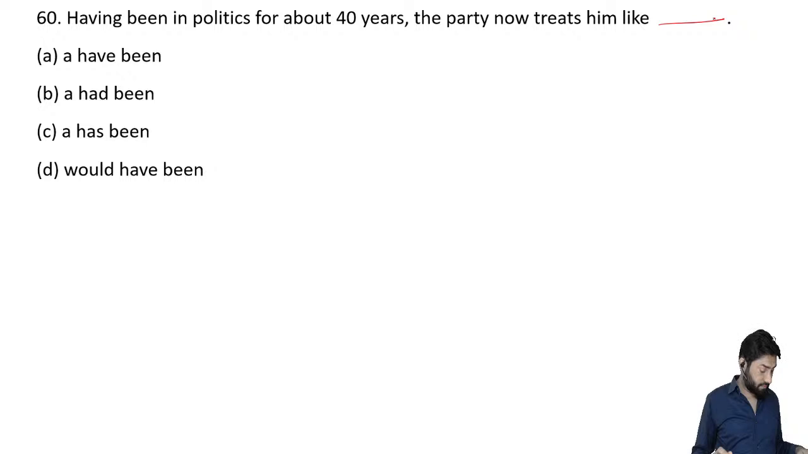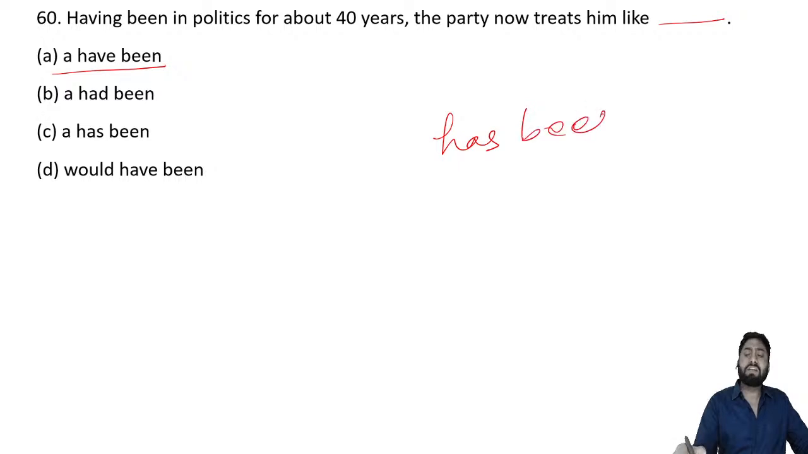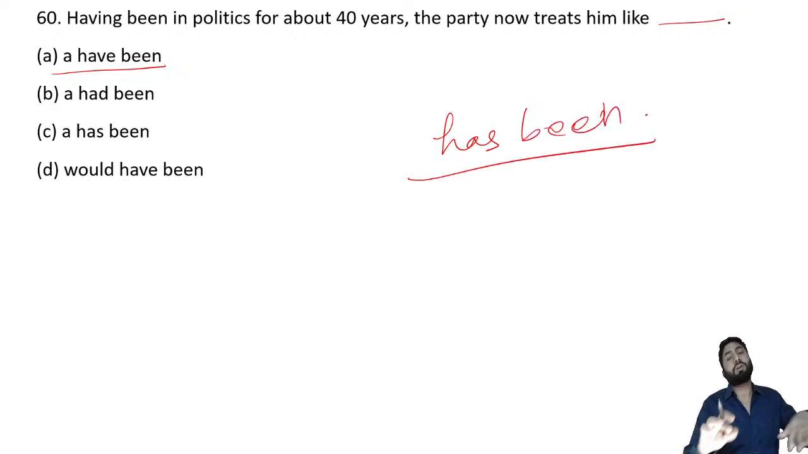Having been in the politics for party now treats him like a yes, ठीक है. Let's see. Now this is again kind of a group of words, how they are colloquially used. Has been, have nots, सब words देखा होगा actually. Has been का मतलब ये है somebody who has been a big shot earlier, but he's not now that big